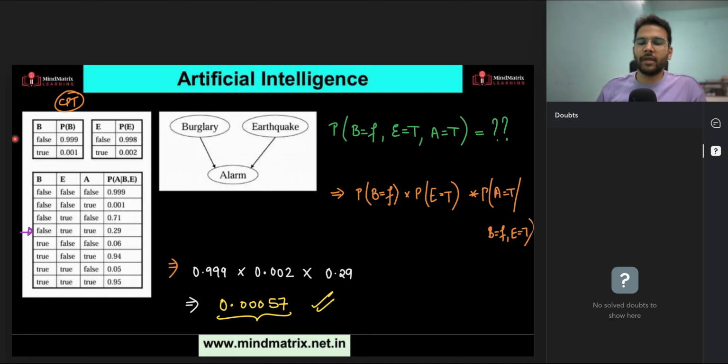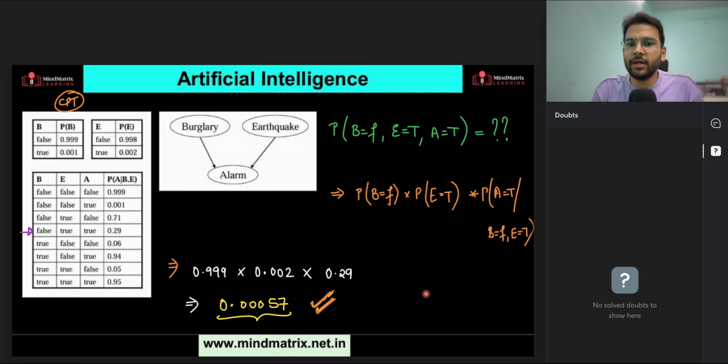Is this clear? Any doubt, anyone? Most of the time in the GATE exam, whenever there is a numerical answer type question, be careful up to what decimal digits they are expecting the answer. If they say up to 5 decimal digits, 2 decimal digits, or 3 decimal digits, answer accordingly. Otherwise, even after solving the question correctly, you will lose those 2 marks.